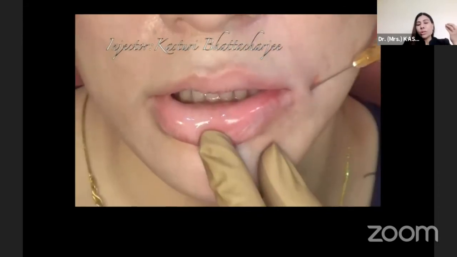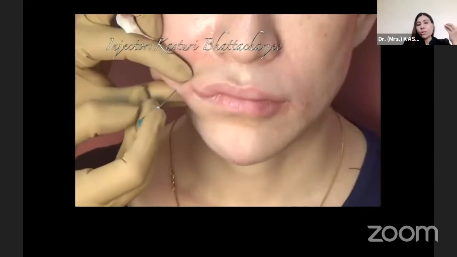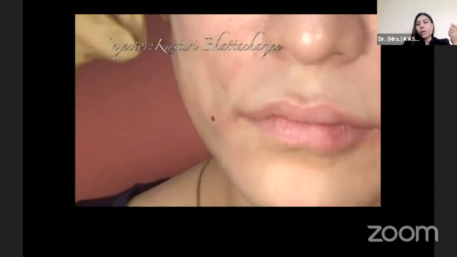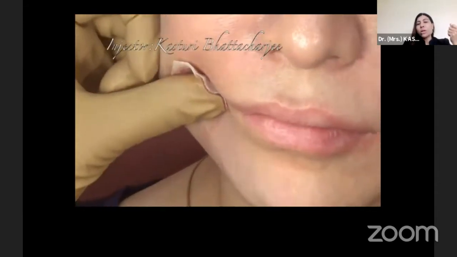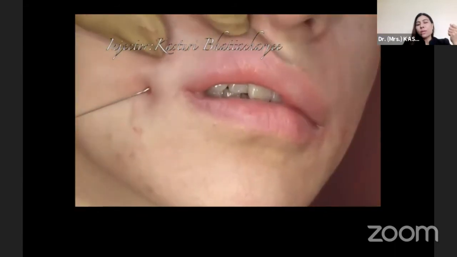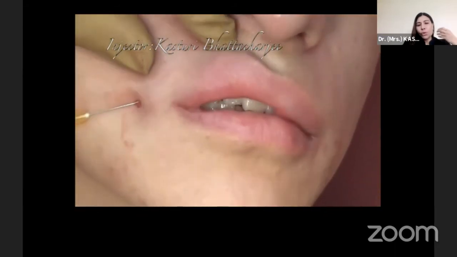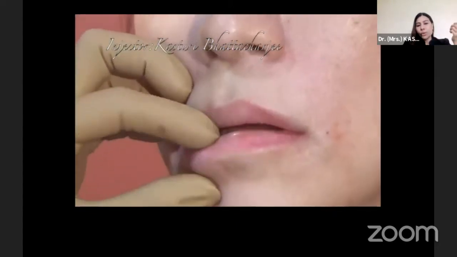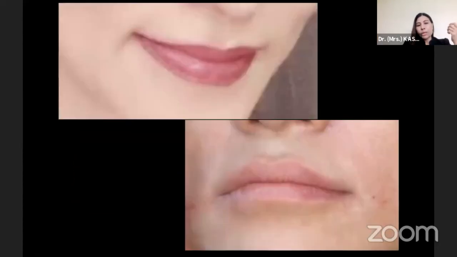Tissue integration on the table, you can see a very good tissue integration, and you can give a very symmetrical and even look just immediately following the procedure. So this is the main advantage. I feel that especially for lips, now I'm switching all my lips to this cannula. I feel that this is a very wonderful technique of doing a lip augmentation.